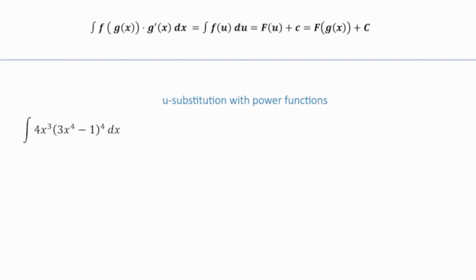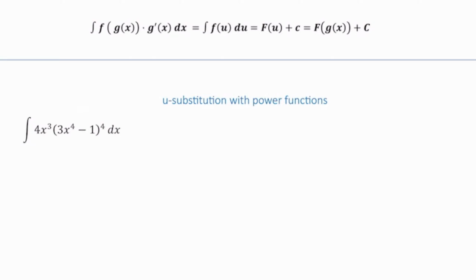Hello everyone. In this video, I will discuss solutions to 3 problems where we apply the U-substitution method to evaluate indefinite integrals. So the first example says this. We have an integral of the following function: 4x cubed times the expression 3x to the fourth minus 1 raised